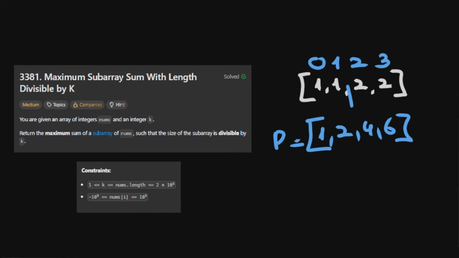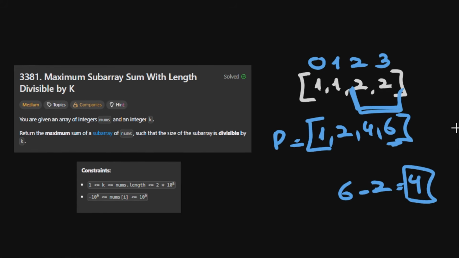So now let's say that we are trying to get the sum of this subarray using this prefix sum array efficiently in big O of 1 time complexity. So we are trying to get the sum of this subarray. Well, we can take the right bound and subtract the corresponding value in the prefix sum for the left bound minus 1. We do 6 minus 2, and this is 4, meaning this is the sum of the elements in